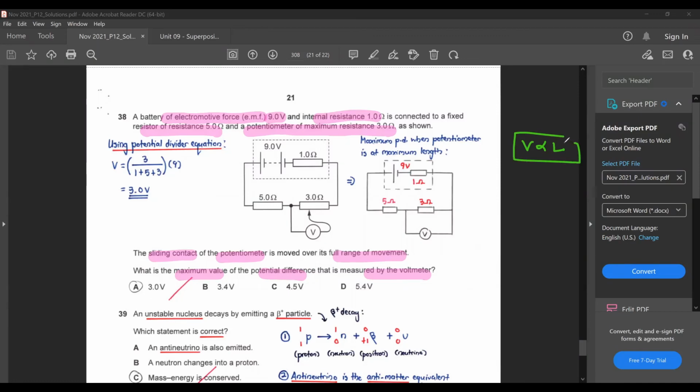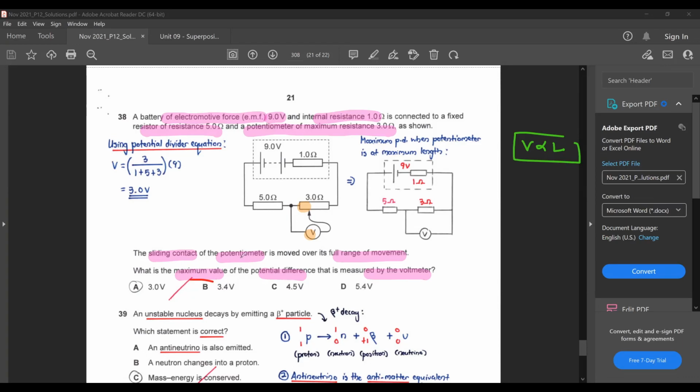PD is proportional to length. The larger your length, the larger the PD across it, right? In your case, your voltmeter is measuring the PD across the resistor here. So the larger the length that you cover, the larger your PD. So they want the